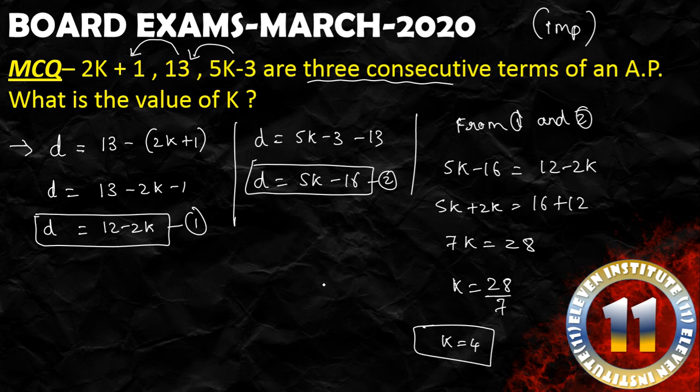Right? Very simple question, but again I would recommend that such questions are important where your knowledge is tested. Now, people will say, sir, the paper was very tough. No, the paper is not tough. Just think from where can you get the value of k. Three consecutive terms are given, so what is common between three consecutive terms? D. So we used D and moved ahead. Use your brains. Right? Please pause the video and write this in your CW.